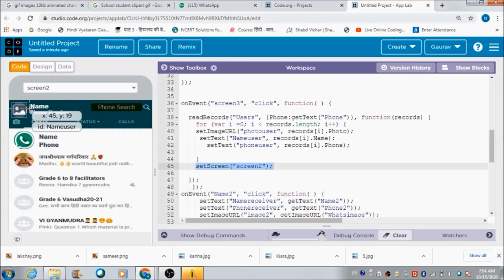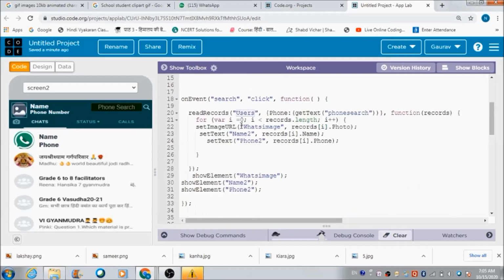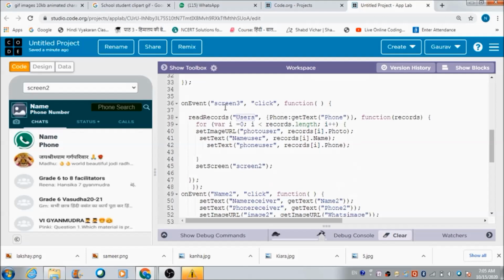Now in order to fetch the information from the users table that I've created here, when the user will hit this confirm button, this users table is going to get created on the data browser. Now we need to read the information from the users table, right? So for doing that, we can make use of the read records block.